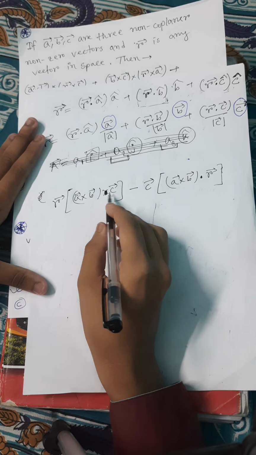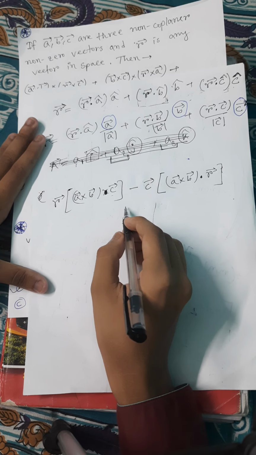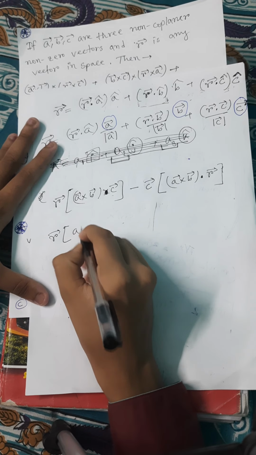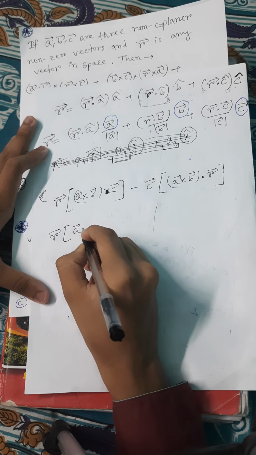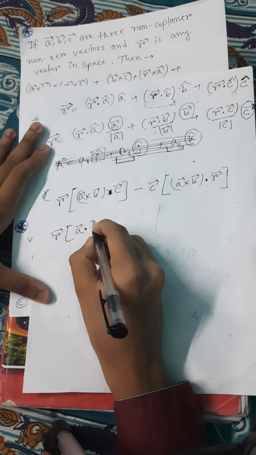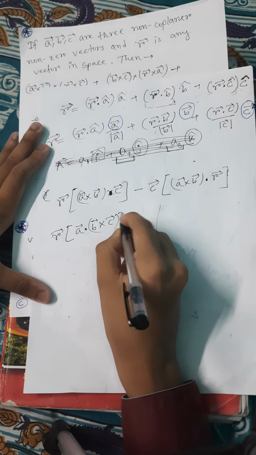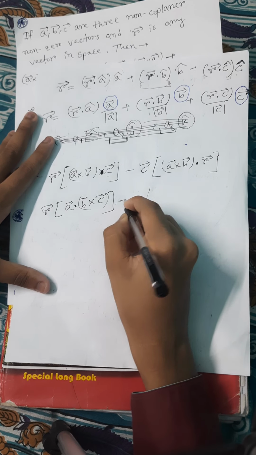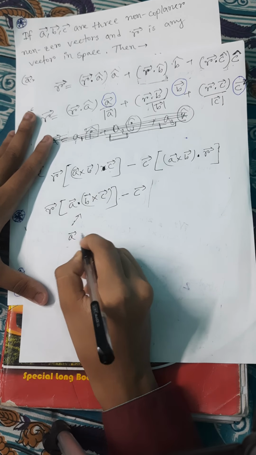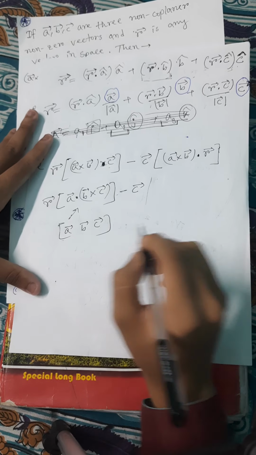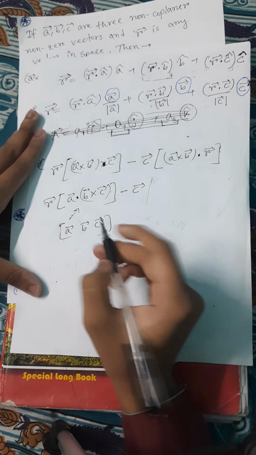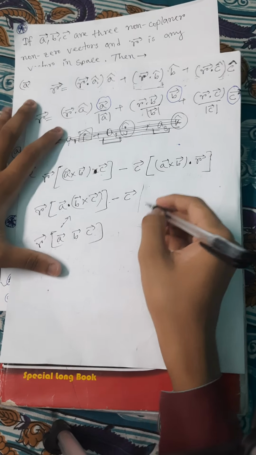Now you change the order of this, because you have to write in ABC form. See, we can change the order of this. So cross product and dot product order will be interchanged. B cross C, minus C vector. And what is this? That is just ABC bracket. Same order you have to maintain. A dot B cross C means this way, ABC, with R.